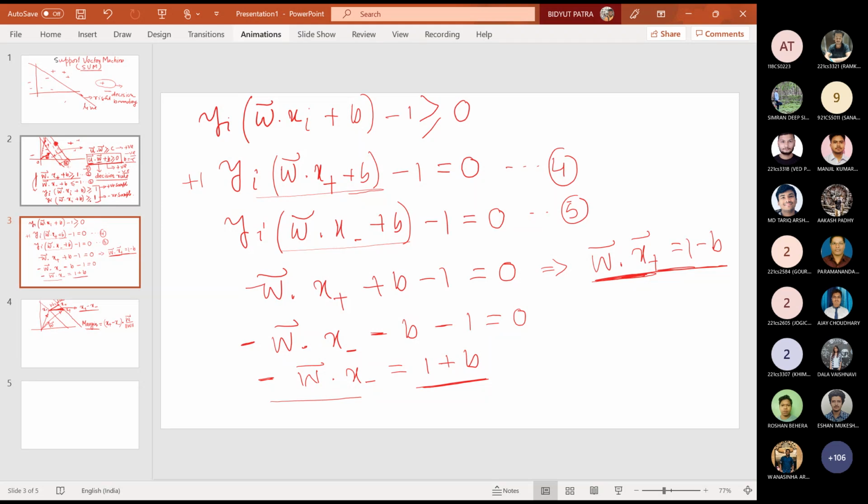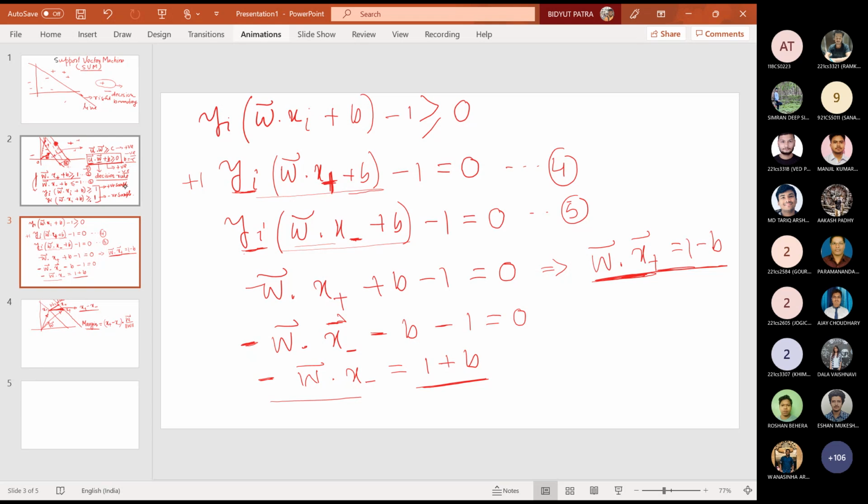Okay, that one. So here, this is for positive sample. For positive sample, what is the class level? That is +1. So therefore the value of yi is nothing but +1. For negative sample, class level is -1. So that is the -1 here. So that means -1 is multiplied with this one and then this one. So therefore we get minus w into x, all are vector, minus b minus 1. Is it okay? Oh, yes, sir. Okay, got it. Thank you, sir.